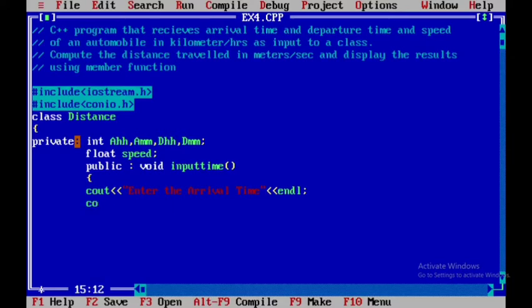Again cout, enter the hours and minutes, so we enter the arrival time in hours and minutes.